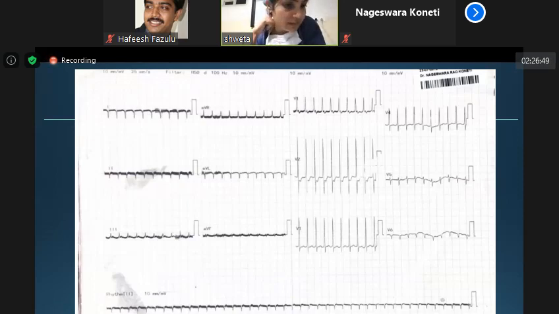Now, what happens in tachycardiomyopathy is the vagal stimulus is lost. And that's why the diastolic period is reduced. And that's why pulmonary filling is impaired. And because of that, they present with ventricular dysfunction. So in this patient, there is a long RP tachycardia going on.